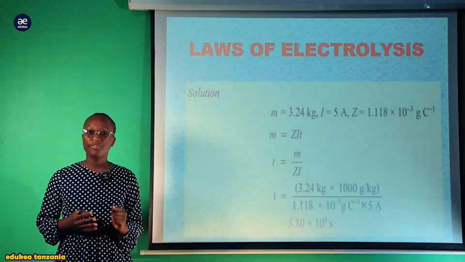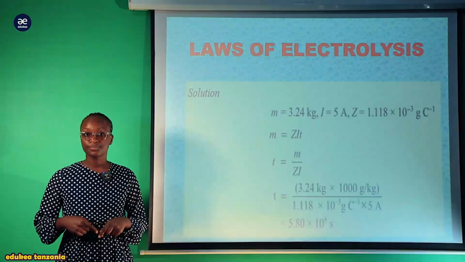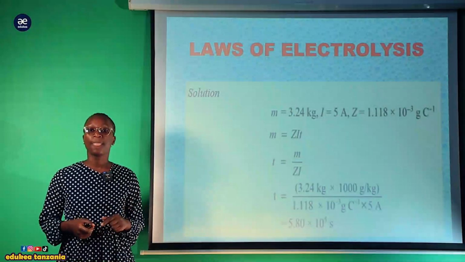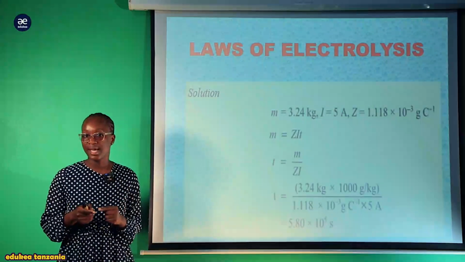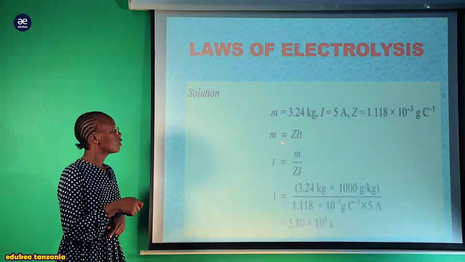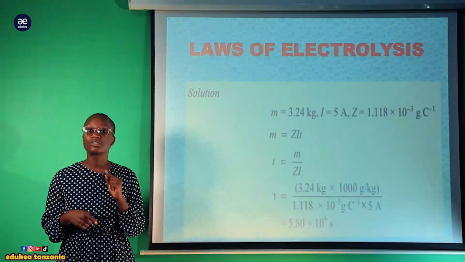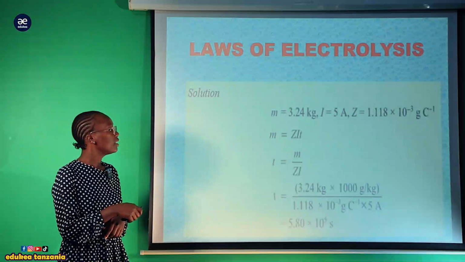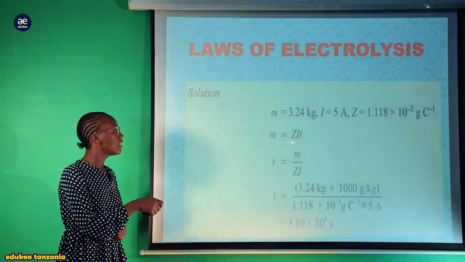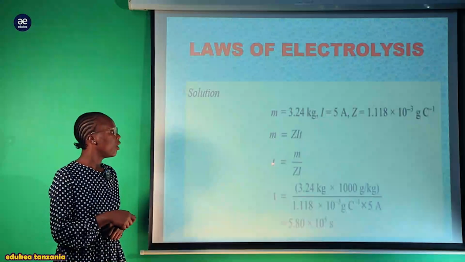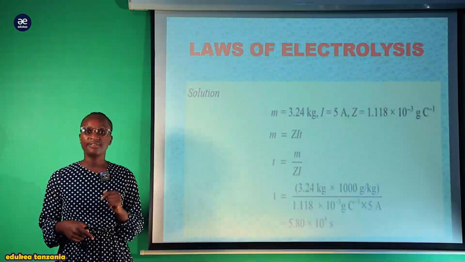Now we know that from our first law of Faraday's electrolysis tuliona kwamba the mass ni direct proportional na quantity of electric current, lakini tukaona kwamba okay, kwenye quantity pale tuna consider the current passed through with their time. Now it means that mass is equal to ZIT. Na Z tuliona kwamba ni ile symbol ambayo ni electrochemical equivalent. So you will see, tunayo data yetu electrochemical equivalent, tunayo current ambayo ni ampere, tunayo time which is in term of second. Now you are required to find the time, how long that current will pass through the electrolyte of silver,